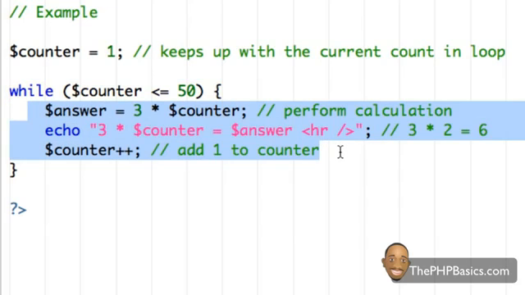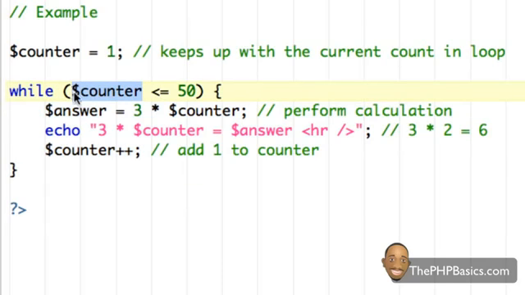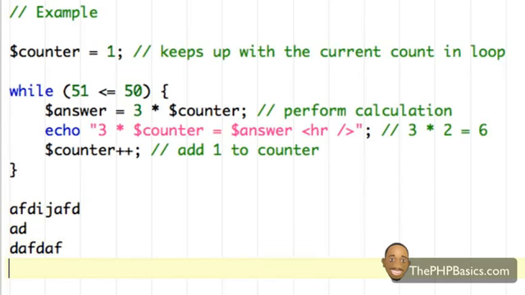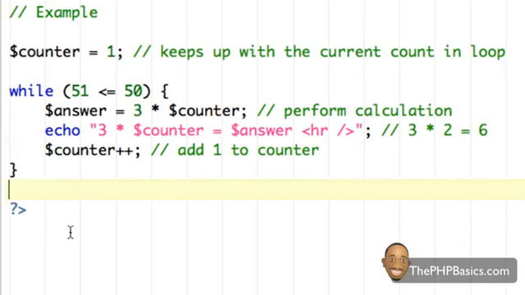So hopefully it's starting to sink in what's going on here. Until counter is not less than or equal to 50, we're going to continue to execute this code over and over and over again. But as soon as it's 51, we're going to break out of this while loop since this evaluates to false. So we're going to break out of this while loop and continue on with any code that we have in our file. All right, so let me change this back to counter,